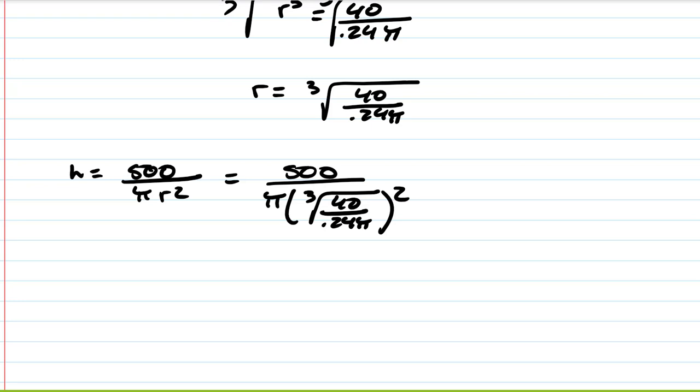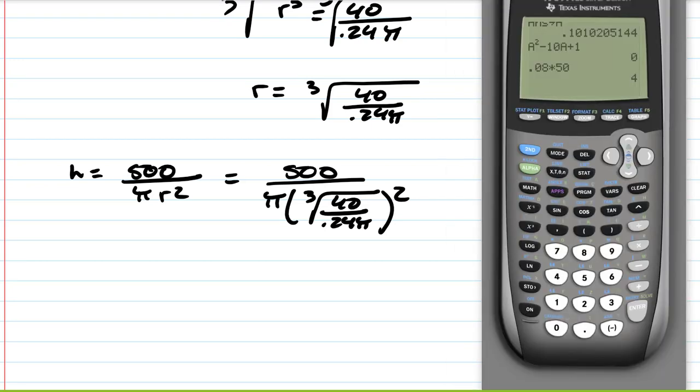So those are our exact answers, and if we want some decimal approximations, to get our cube root, we go to our math menu and we go down to choice number 4 for our cube root, and then we have our fraction. So 40 over 0.24 pi